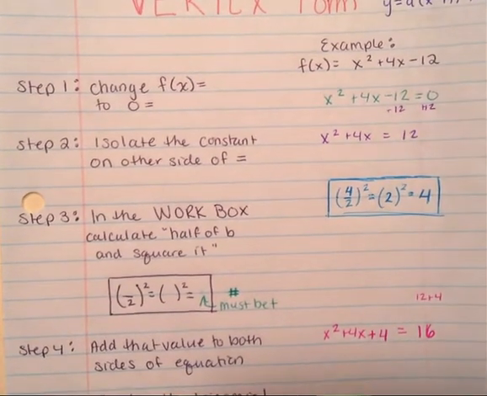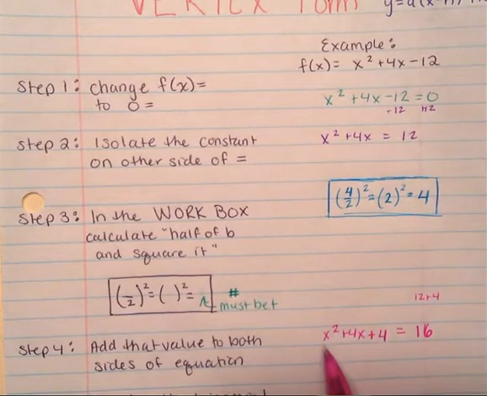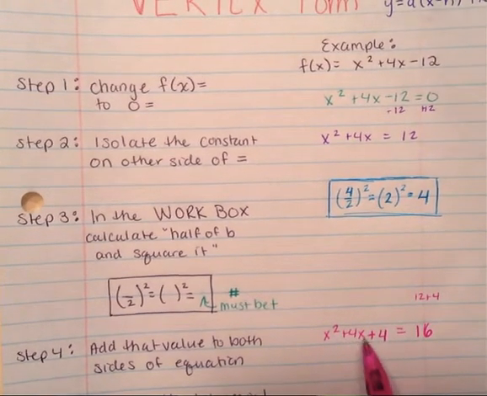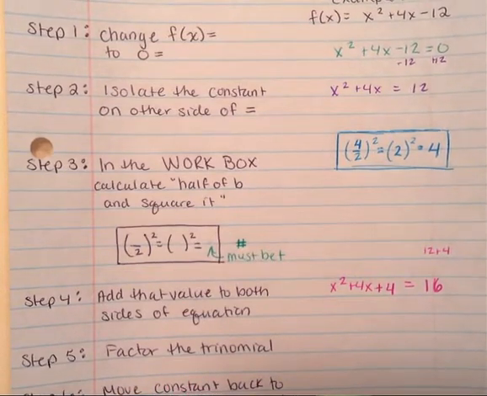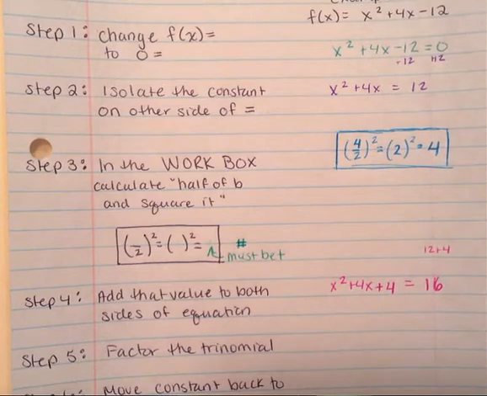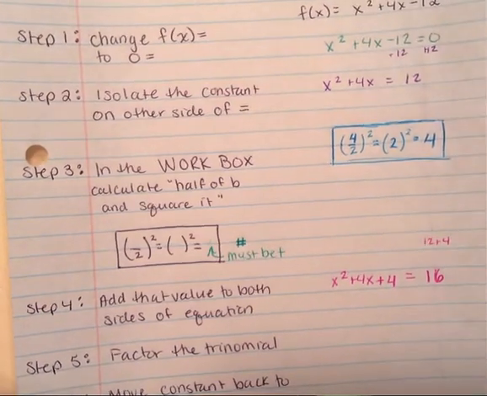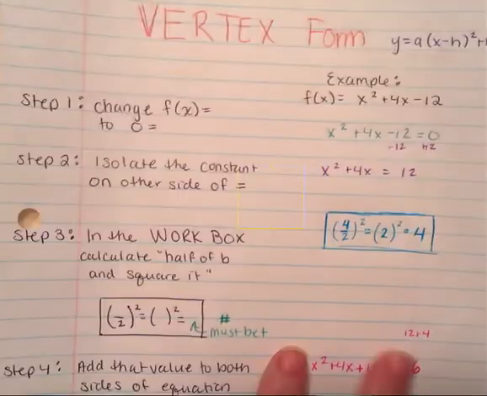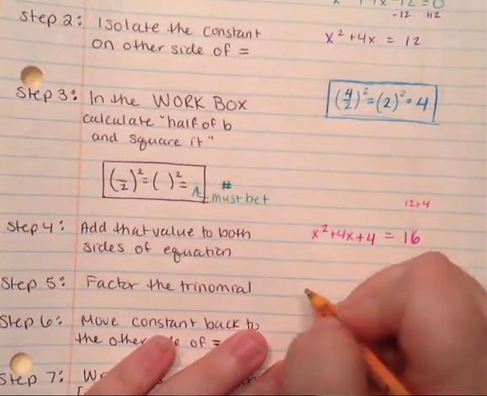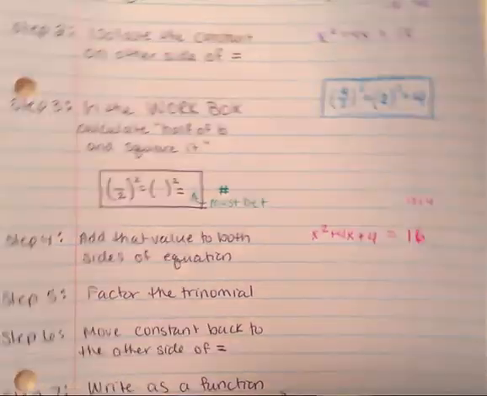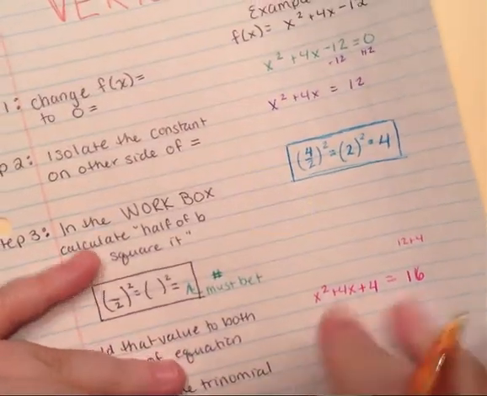Now again, the reason why we did this is so that this created a perfect square trinomial. Because the next step is to factor the trinomial. This factors nice and cleanly to become a perfect square. So this will come, when we factor this, we'll have a perfect square. The parentheses,